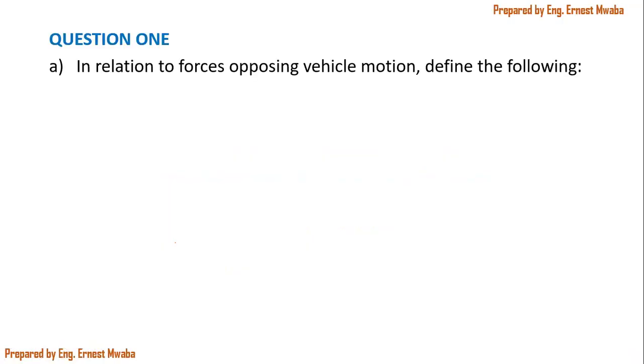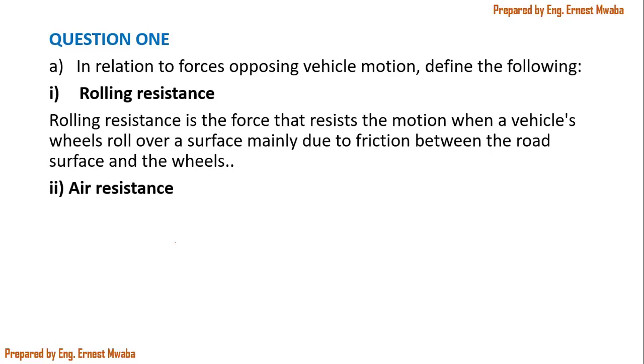of the subject. The first question is talking about, in relation to forces opposing vehicle motion, define the following. Number 1, rolling resistance. So in rolling, it's talking about the rolling motion of a vehicle. Which part of the vehicle rolls is referring to the wheels rolling on the road surface. So that resistance that comes as a result of that rolling action is the one we call rolling resistance. And the major component of that is the friction. So you can even call it the rolling friction,